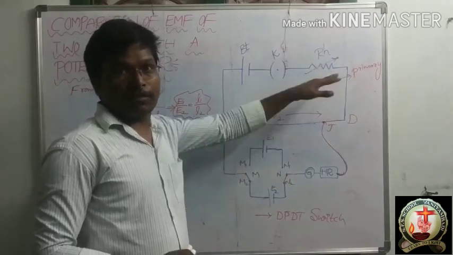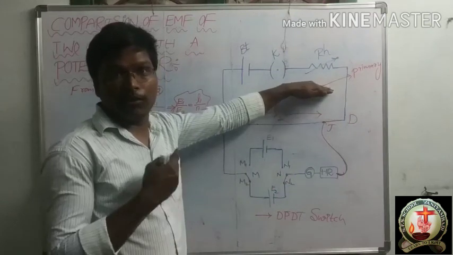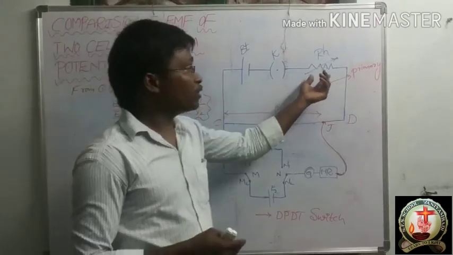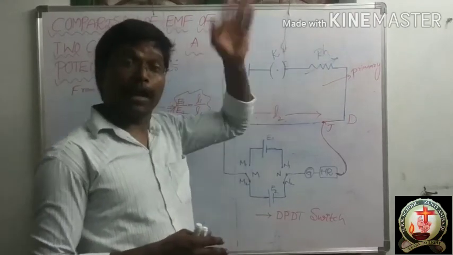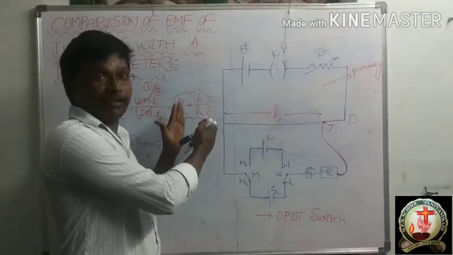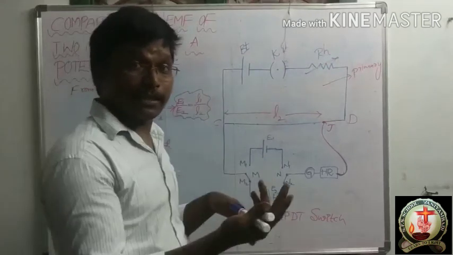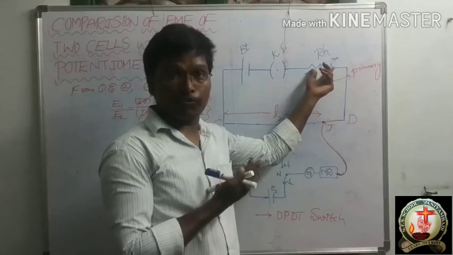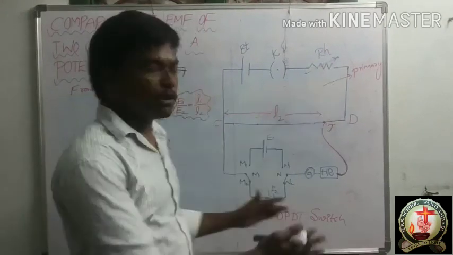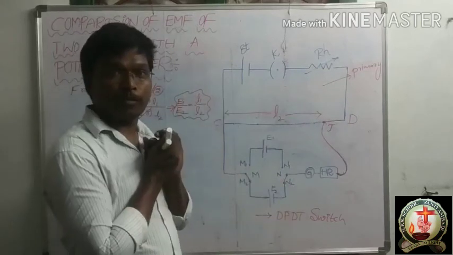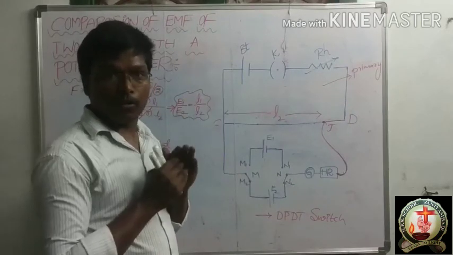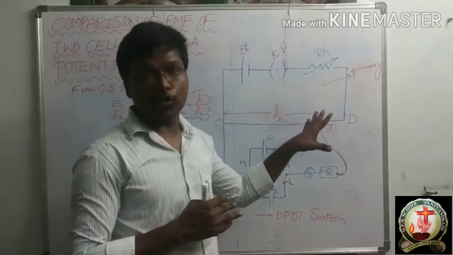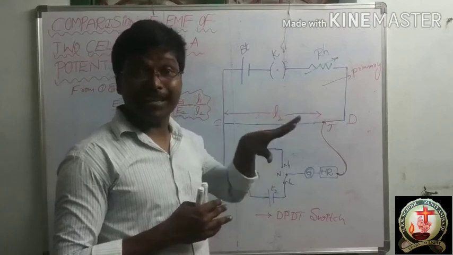First time, by the use of this rheostat, I will give 2 amperes current and I got this one. Second time, by the use of this rheostat, I will change the current value, 10 amperes I will give. Again, I will find this one. Next, I will give a current value of 100 amperes by the use of this rheostat. That time also I will find this relation. So by including the rheostat in our electrical circuit, we can repeat the experiment several times.